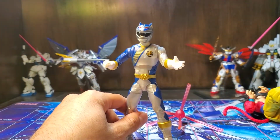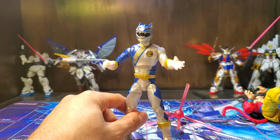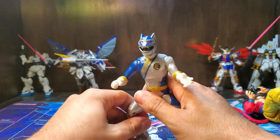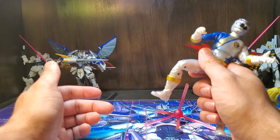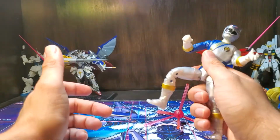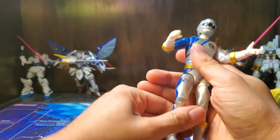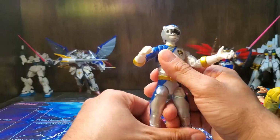But unless you build the really big model kits, they don't make one big enough that you could square off like the old Megazords next to the new ones. Well, I guess there were those model kits for the Wild Force line, which I have the majority of. I'm going to have all of them, so I can eventually build them. So I guess you could do that. So technically, I have 4 Predazords,